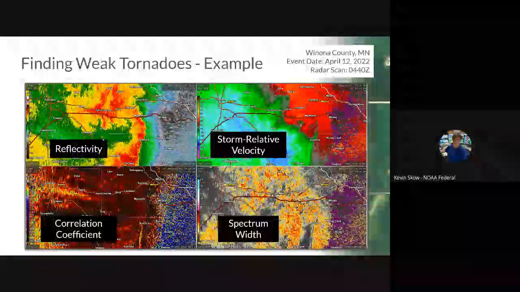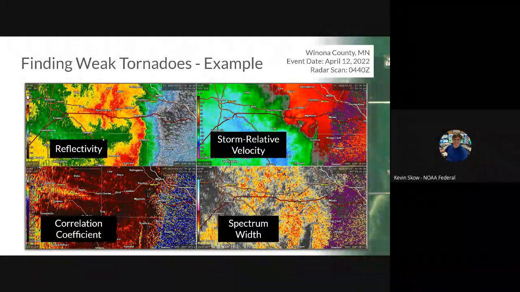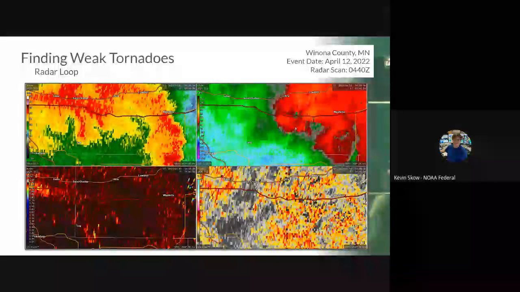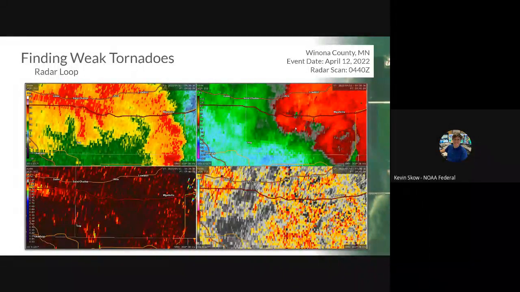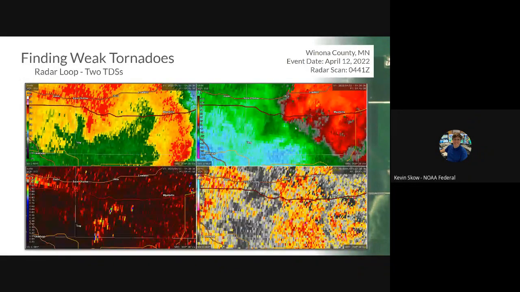So just based on our 3 ingredients analysis, and the shear was outstanding this day, you would be looking for tornadoes along and north of this bow apex potentially. And just zooming in on that area a little bit more, starting at 440Z, nothing to really note in this correlation coefficient data. But as you move forward 1 minute later, and again, this is on SAILS 3,